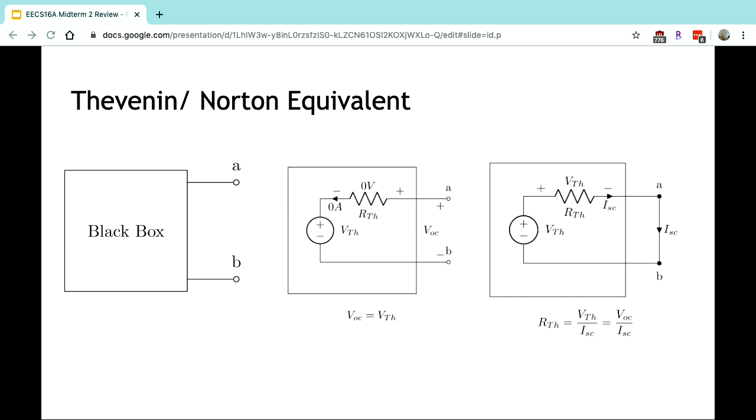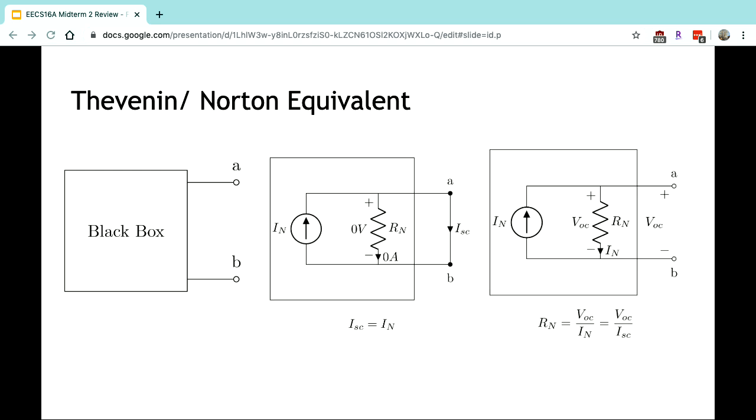Just a resistor, right? So this is the idea that if you turn off all the sources in your circuit, you're essentially left with just what's going to contribute to the resistance in that circuit. And so if you look at the equivalent resistance within the terminals A and B, you should expect to see just the Thevenin resistance. Or in this scenario, if you turn off the current source, it'll become an open. You're just left with that resistor. And so you'll only expect to see that Norton resistance. So this is the concept. This is one way to justify why you can say that the equivalent resistance when you turn off all sources will just be either the Thevenin resistance or the Norton resistance. Are there any questions? Okay. Yeah. Thanks, Alice.